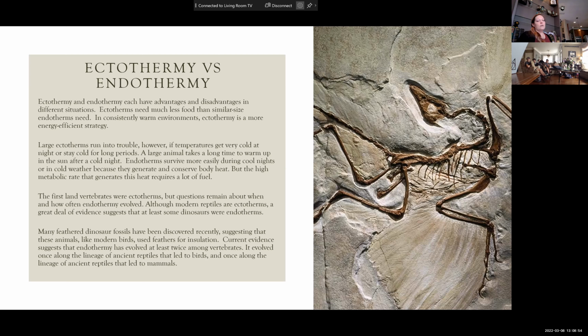So large ectotherms run into trouble, however, if temperatures get very cold for long periods. Remember we talked about the alligators poking their noses through the ice, right? So they can breathe and they just kind of sit there. So the first land vertebrates were ectotherms, but